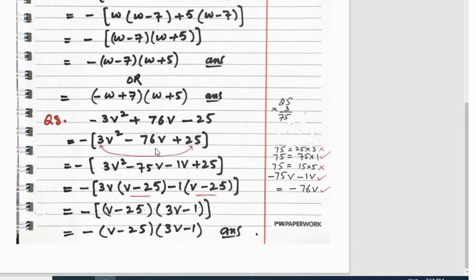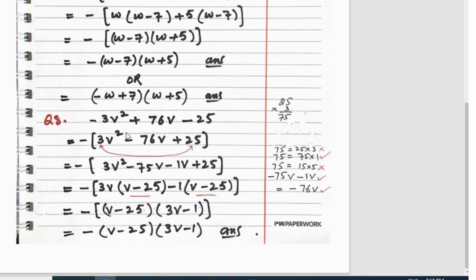We made pairs of 18 separately and 39 separately, because at that time the situation was such that we should make pairs separately of both the constant terms. The coefficient of the variable and this constant term were required to make their factors separately, but here we have